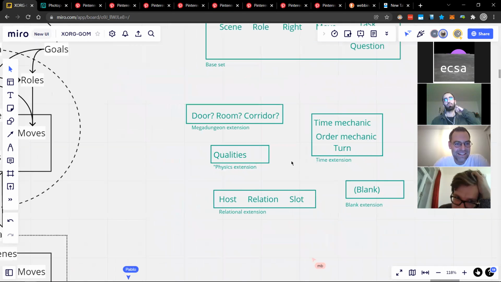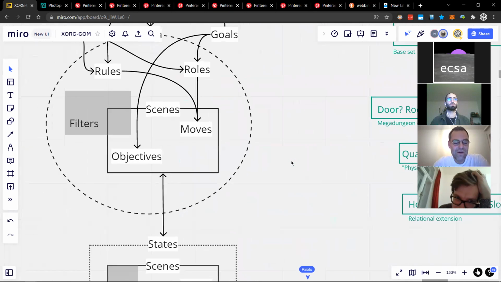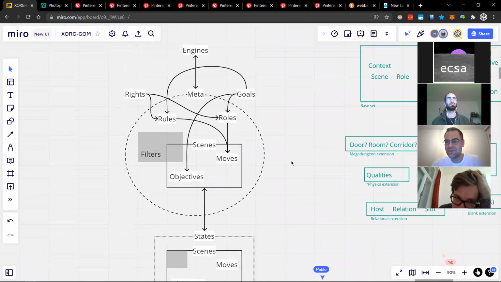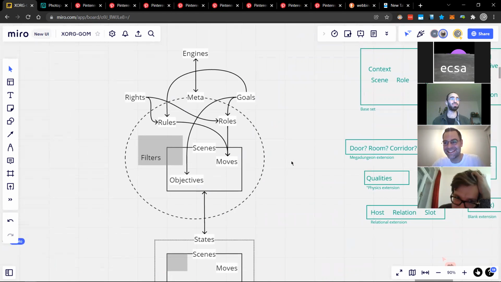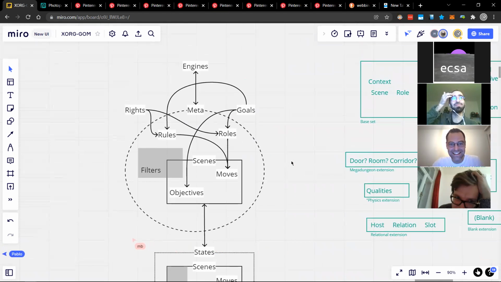Yeah, but that's for the Mecha Dungeon next. Now I grab my popcorn and I'm waiting for Pablo's. Yes, Pablo. Can you finish us off with your description of the diagram, because I quite like it.